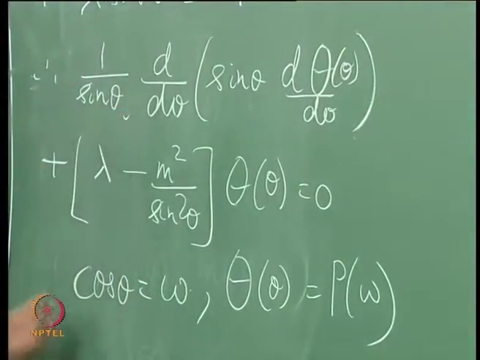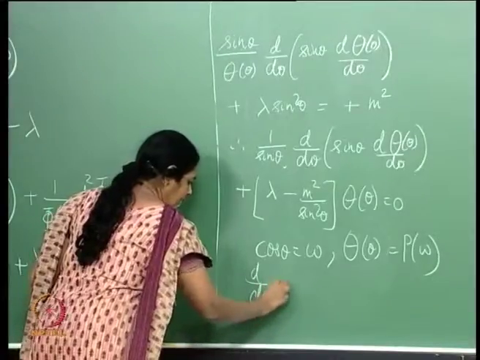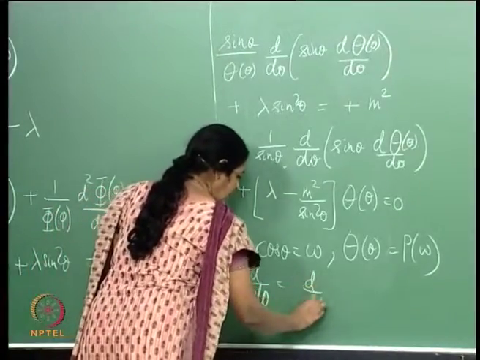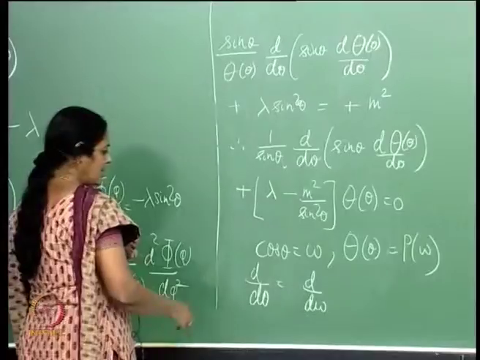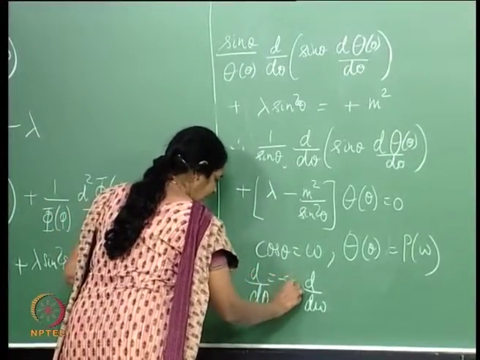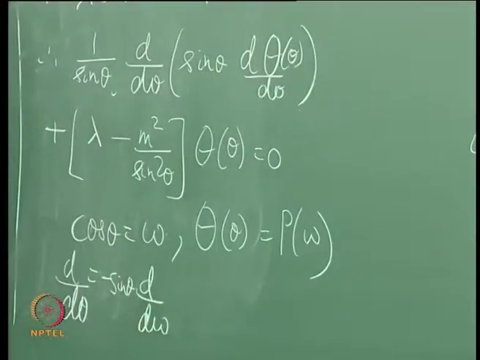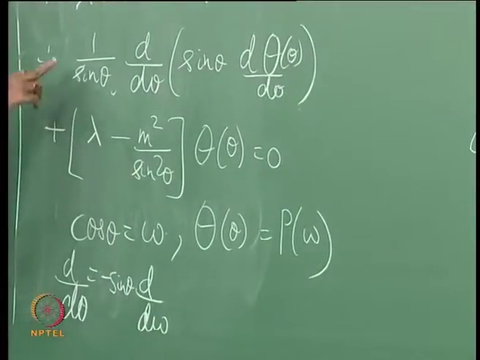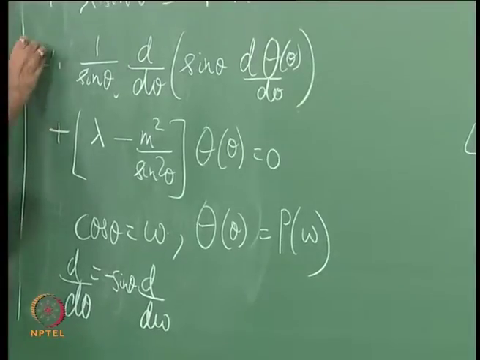I need to find out d by d theta. So, d by d theta would be d by dW times dW by d theta. That gives me a minus sin theta. So, let us just recast this equation